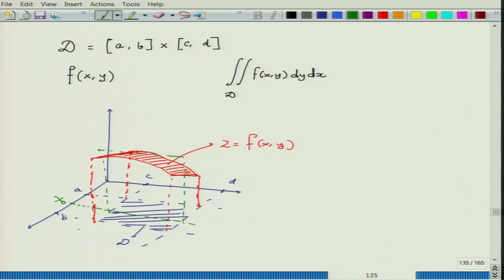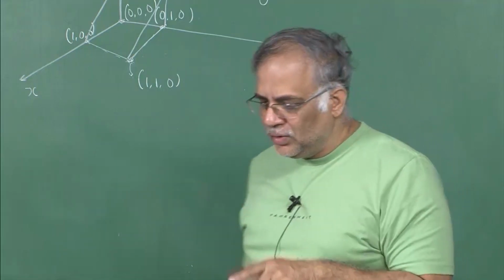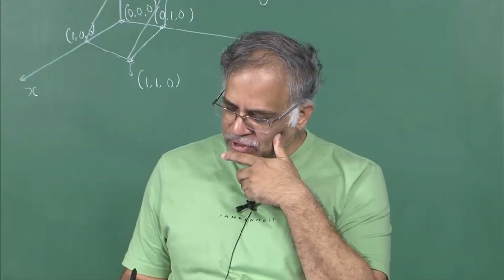Now, if I slice it here, then when I have fixed x naught, along this green axis, z is equal to f of x naught, y. Now, what I have to do first is find the area of this. So, area at x naught